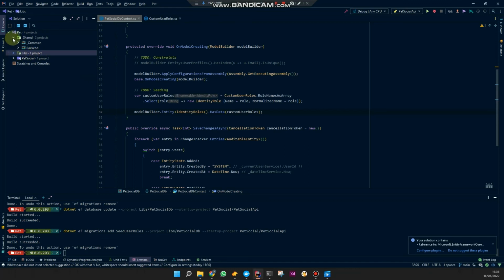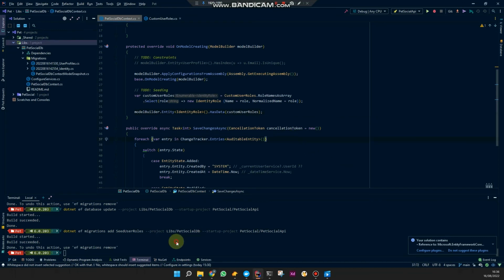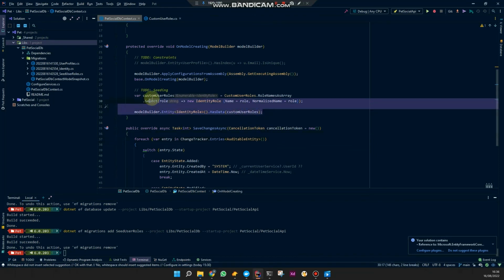How do I check this in the IDE? Time is not on my side. So this should create a migration with some kind of statement like insert this data into the table